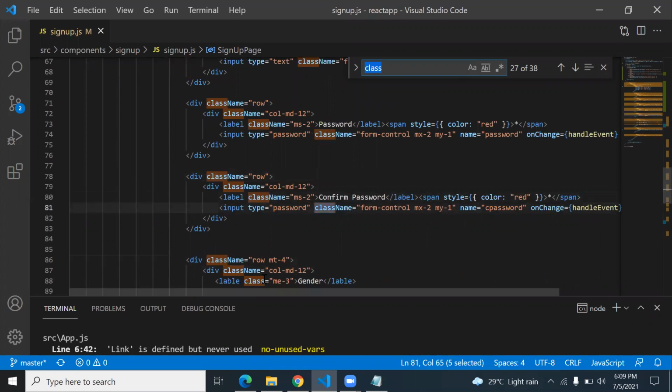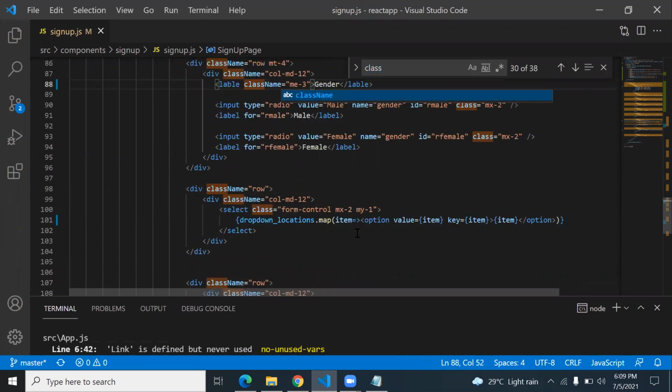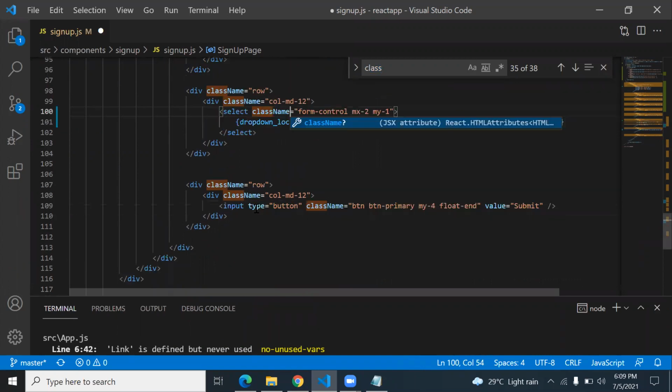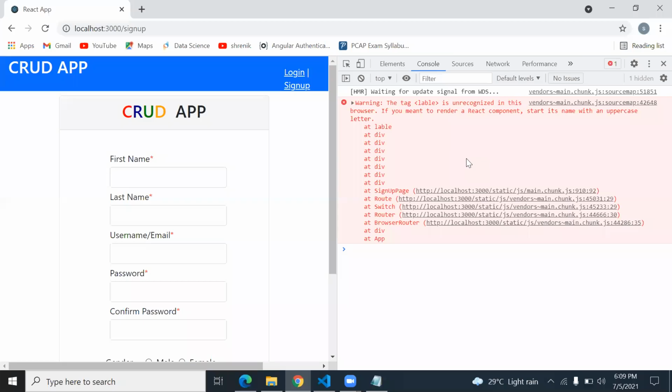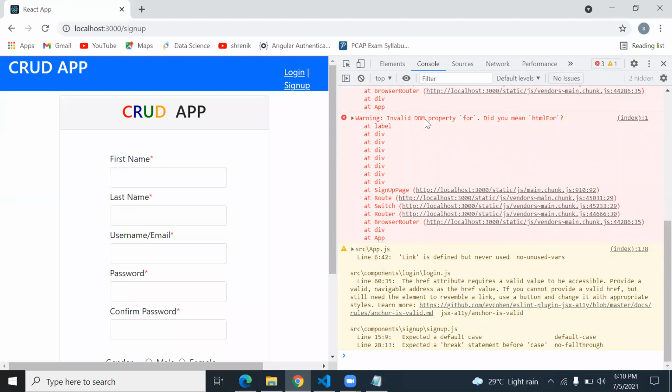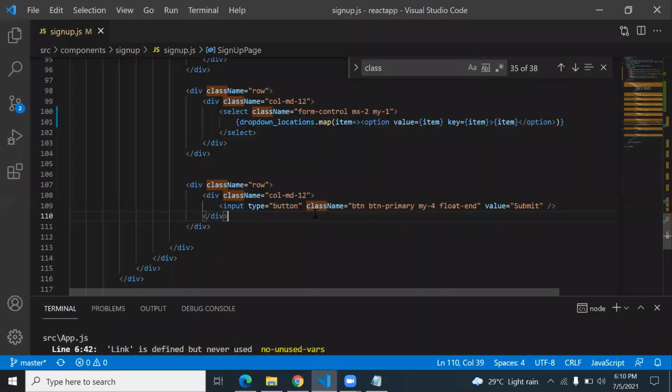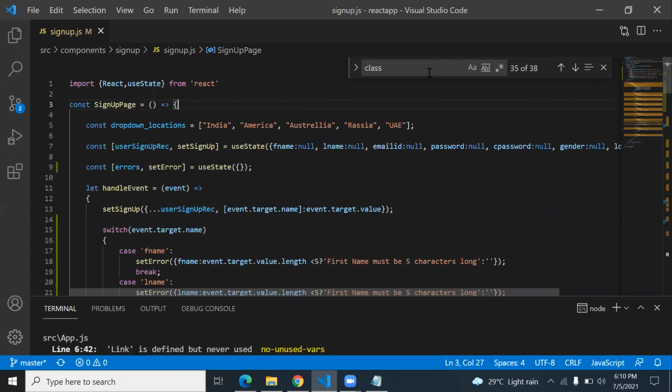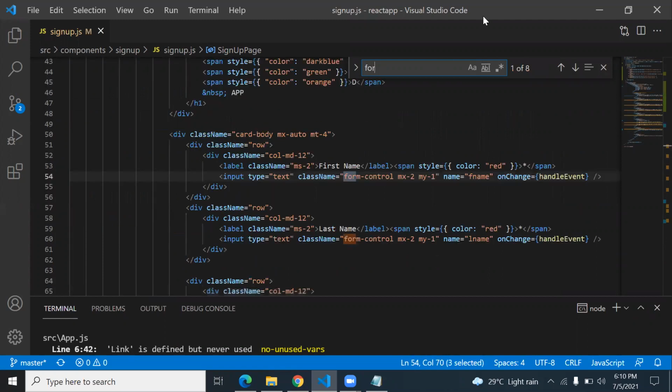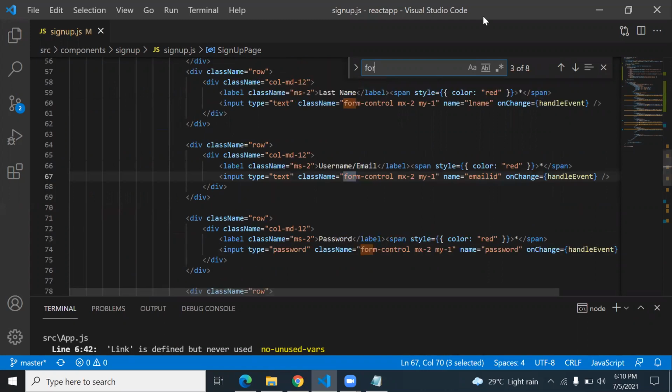It is here. Invalid DOM property for label.